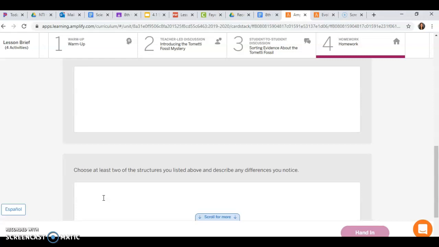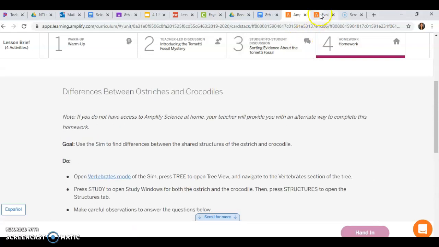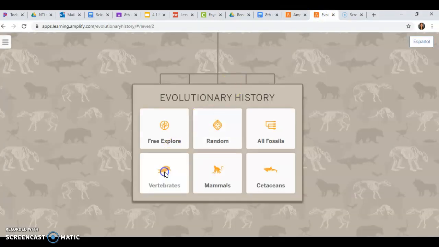We've talked a lot about this. Just because 2 fossils share a structure does not mean that structure is the same. They could both have a skull, but that does not mean that their skull looks exactly the same. So, vertebrae mode,